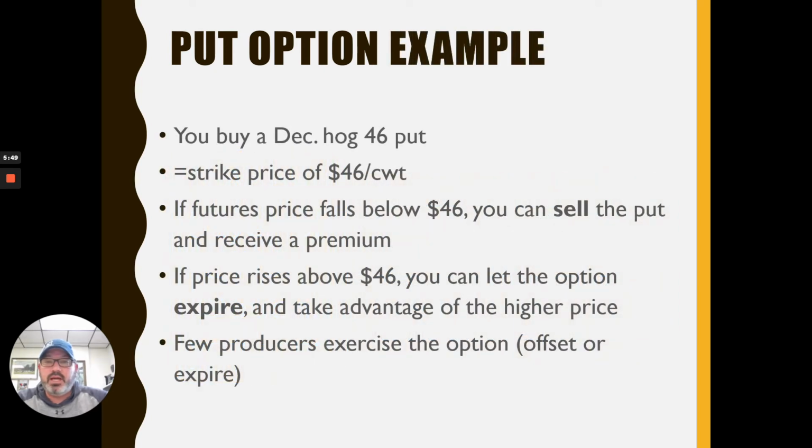So here's another put option example. We bought a December hog put at $46. The strike price, again, is $46 a hundredweight. If price falls below $46, we could sell the put and receive a premium. If the price rises above $46, we're going to let the option expire and take advantage of the higher price. Essentially, we've locked in that $46 price as the low end. Again, most are going to offset